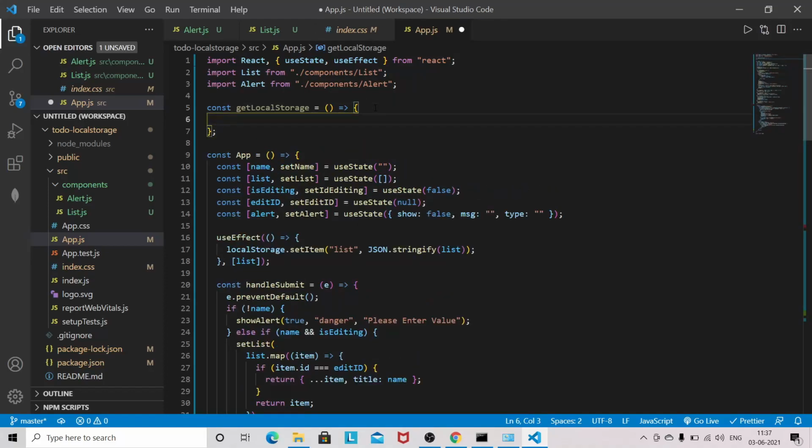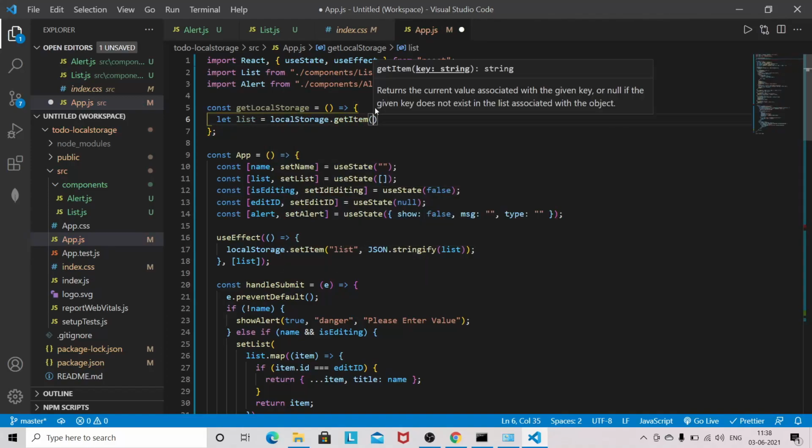Now this is a helper method to check if the item is already in local storage, then we have to display that item on the UI. So let list equal local storage, and to get the item we use local storage dot get item, and you have to give the same name that you have given here.